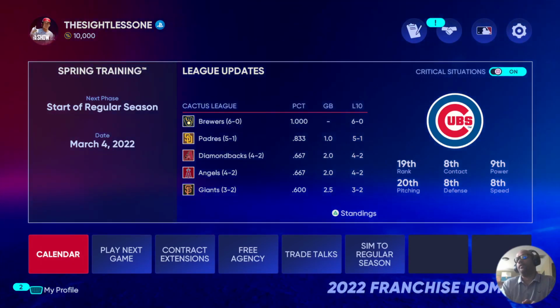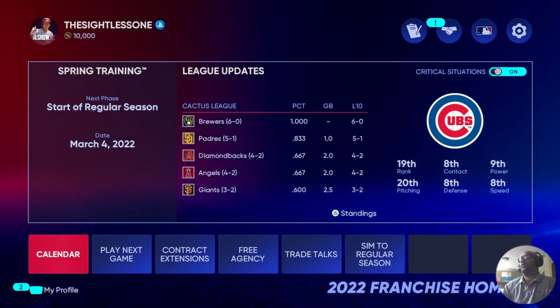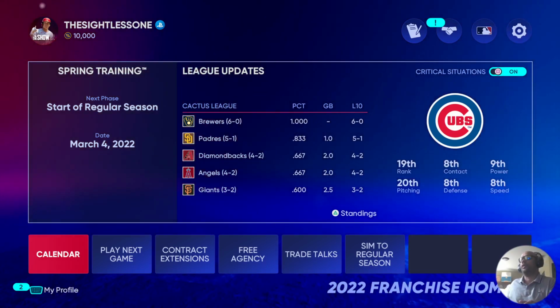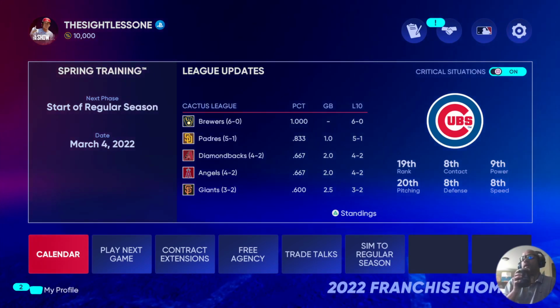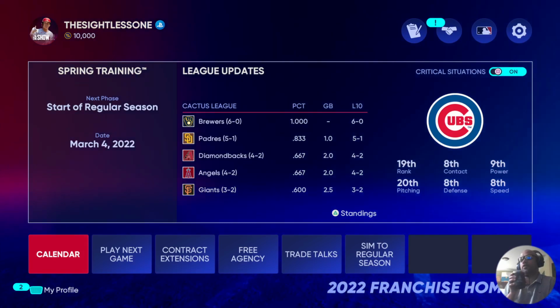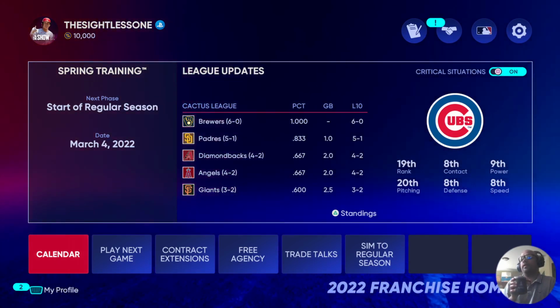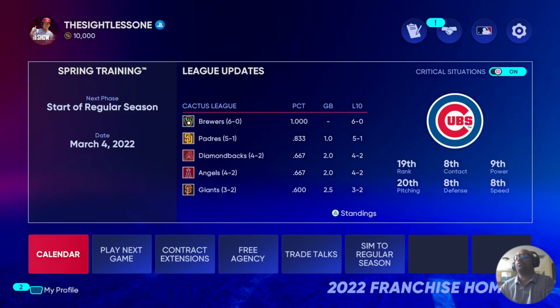I had to have a sighted friend help me sign a couple of free agents because Carlos Correa, Kyle Schwarber, and Nicholas Castellanos were all free agents. They were not on the right teams as they are now. As we all know, Carlos Correa is with the Minnesota Twins, and Kyle Schwarber and Nicholas Castellanos are with the